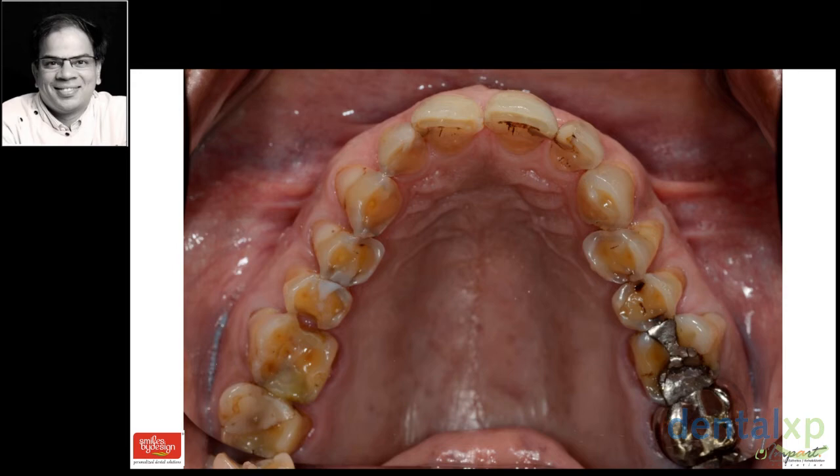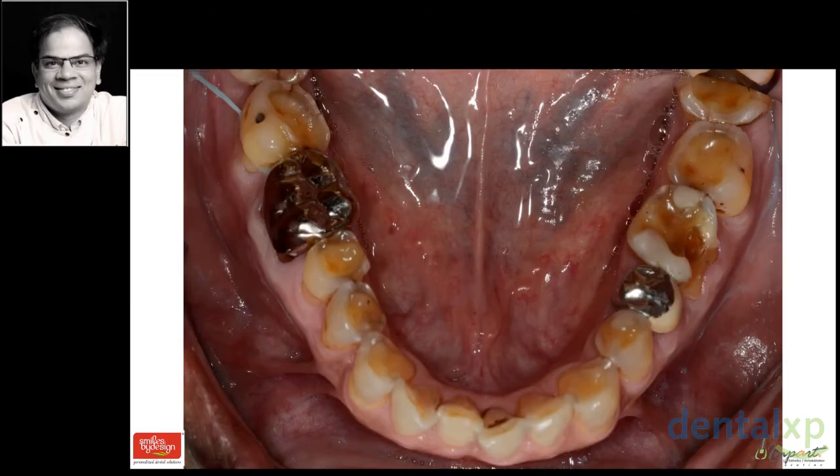This patient has all his teeth at severe biomechanical high risk of treatment failure if the treatment is done for him. Our goal in such a patient is to chalk out a systematic approach to try and resurrect the entire dentition, each and every tooth, so that we are able to make proper occlusal surfaces for these teeth, which will allow these teeth to be protected from future abuse from acid. Of course, there has to be a lot of lifestyle changes. We need to look at the medical questionnaire and see if the patient has any gastric issues, if the patient has any habits of having fizzy drinks, and then look at the entire subject in that light.